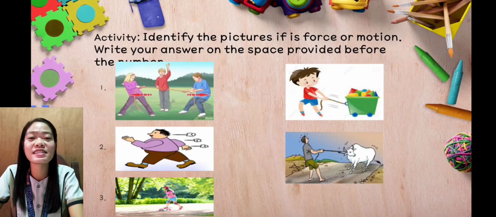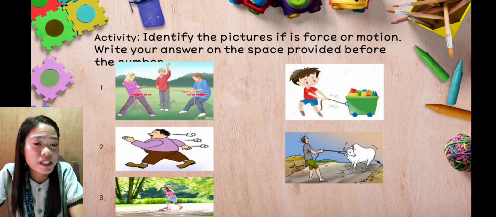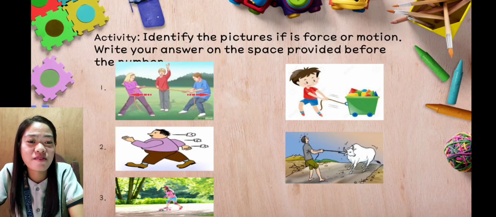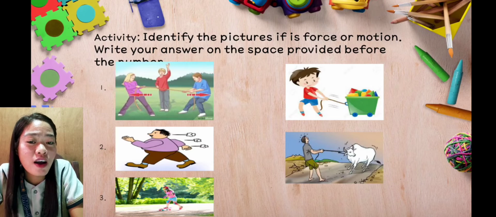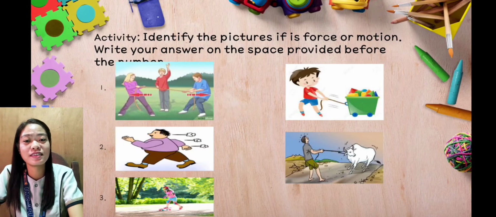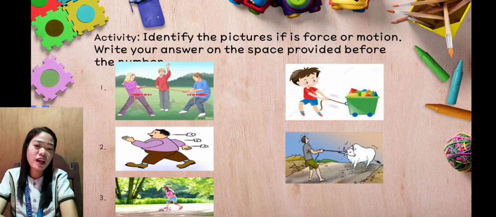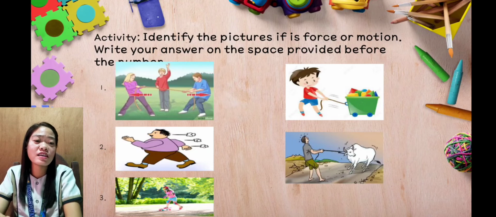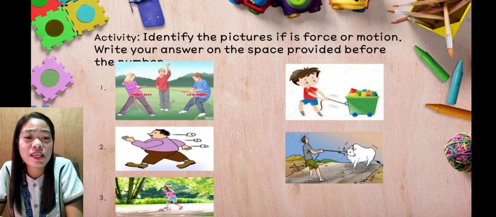Are you done, class? Okay. Now, for the number 1, what did you observe in the pictures? Okay, they are playing tug of war. And what is the answer? It is force. Okay, very good. How about for the number 2? What is the answer? It is motion. When we say motion,